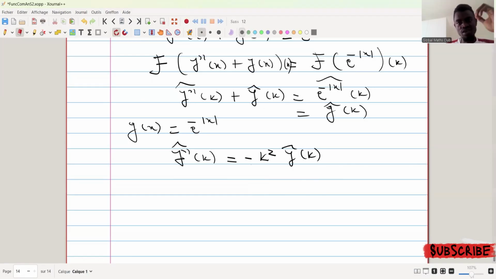And you also have to know that this Fourier transform is just going to give a particular solution of this ODE. So by the end of the day, to have the final answer, we are going to find the homogeneous solution of this ODE. So the homogeneous solution means that we are going to take the principal part and set it equal to 0. So the right hand side is going to be set equal to 0.